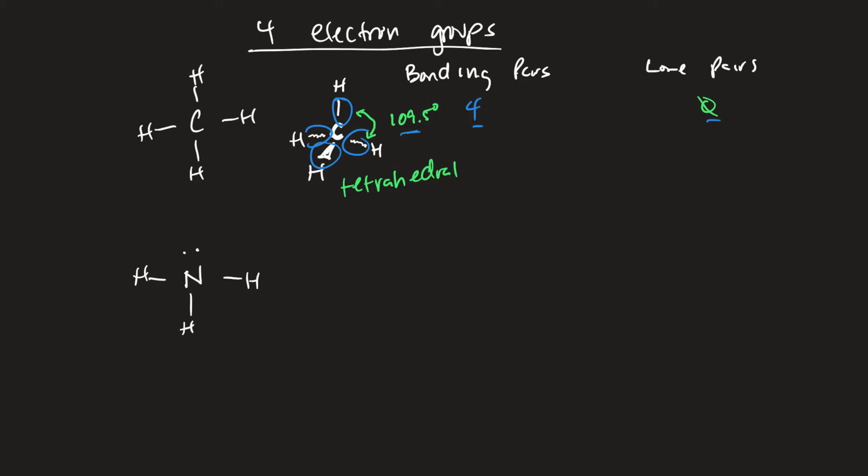Okay, what we see here is that we have 3 bonding pairs. So how many bonding pairs? We have 3, but then we have 1 lone pair. Okay, so how does this affect things? Remember what I said, this lone pair will actually push against the bonding pairs closer to one another because these electrons have a little bit more space, so more repulsive